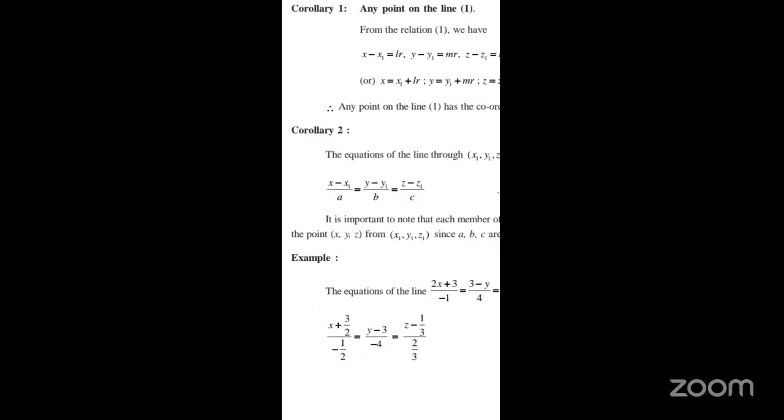Now given this equation, given this example, the given line can be rewritten in the symmetrical form. So that is (x plus 3/2)/(minus 1/2) equal to (y minus 3)/(minus 4) equal to (z minus 1/3)/(2/3). Okay. This is the formation. Okay, the direction ratios of the line are in the denominator of the